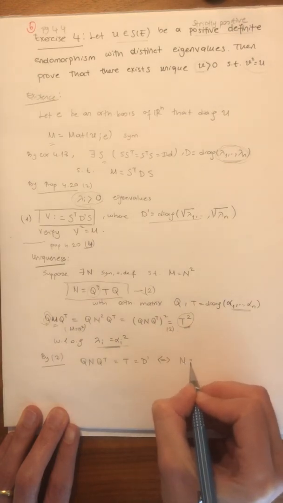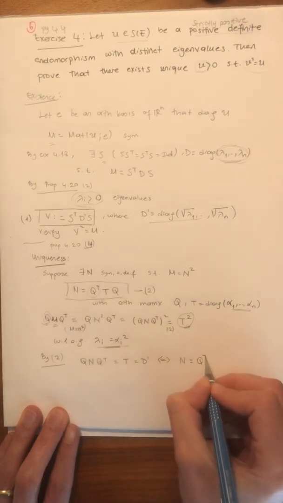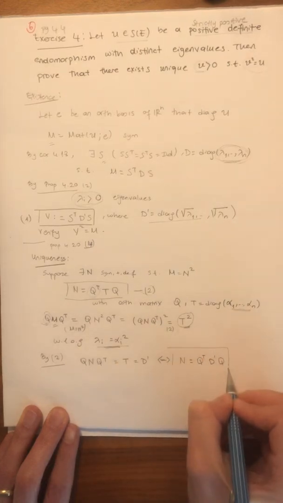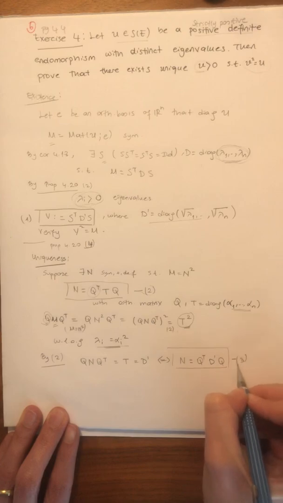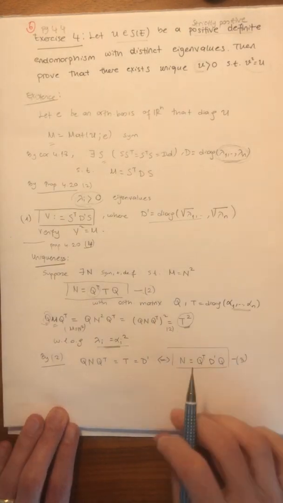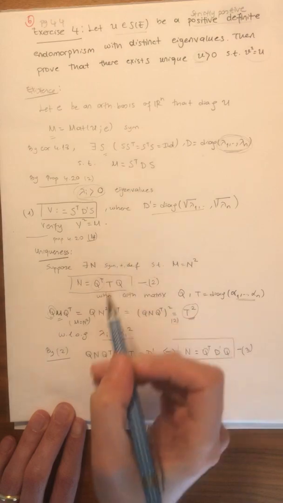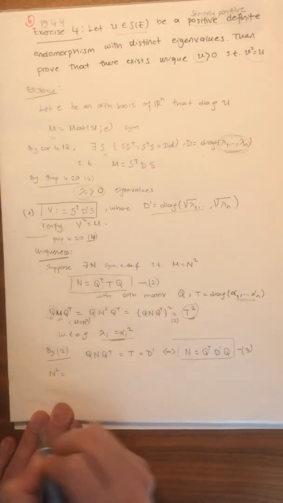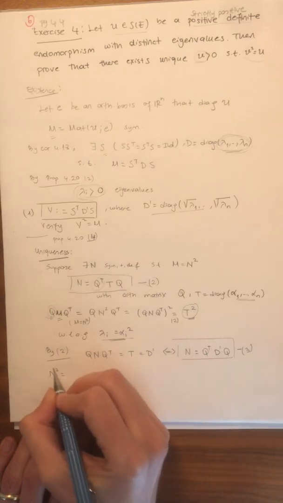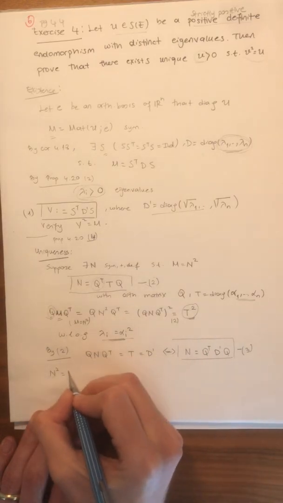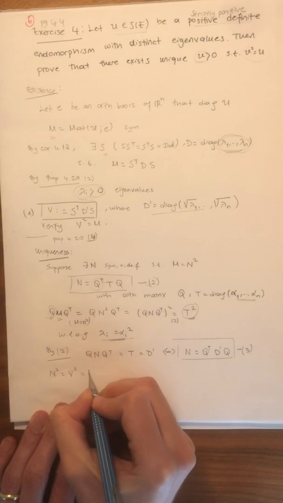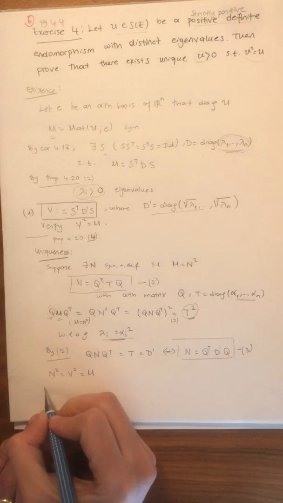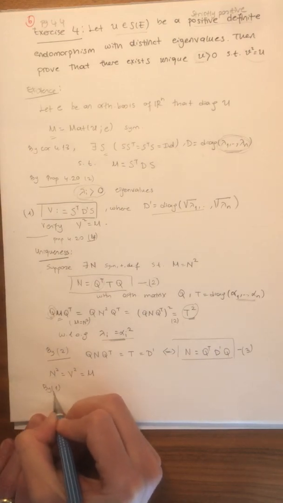So that means N can be written in terms of Q, D prime, and Q. I will denote it by 3. And again by the assumption, N squared is equal to M, and by the assumption V squared is equal to M. And by equations 1 and 3,